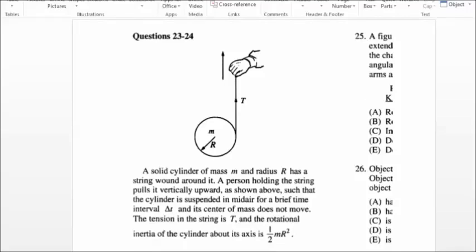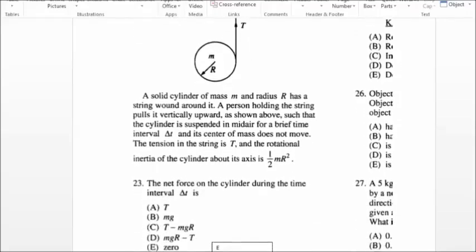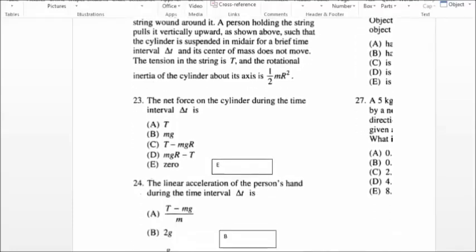Now this is a problem involving moment of inertia, angular motion. A solid cylinder of mass m and radius r has a string wound around it. A person holding the string pulls it vertically upward as shown above, such that the cylinder is suspended in midair for a brief time interval delta t, and its center of mass does not move. The tension in the string is T, and the rotational inertia of the cylinder about its axis is half mr square. The net force on the cylinder during the time interval delta t is, here what is happening is the